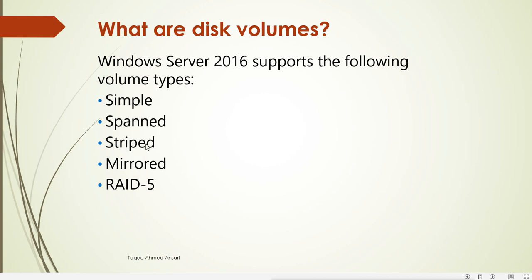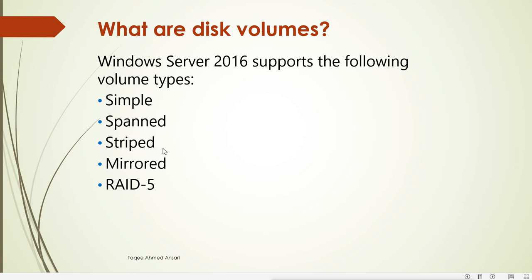It depends on the 3 levels. In RAID configurations, we have multiple levels. We have level 0, level 1, level 2, level 3, level 4, level 5, level 6 also. But here in Microsoft Windows, you can see 3 levels. First is the striped volume, which is RAID level 0. Mirror volume is RAID level 1, and this RAID 5 itself says that this is RAID level 5.